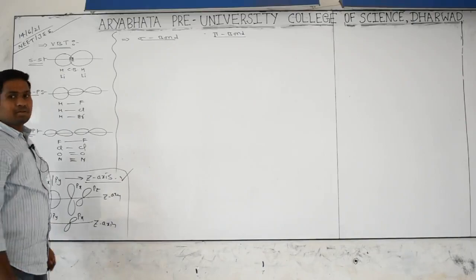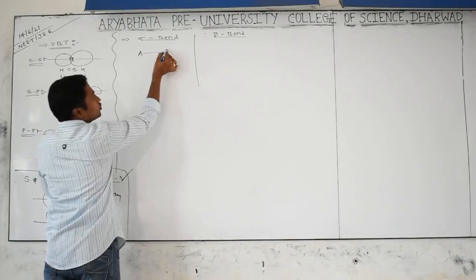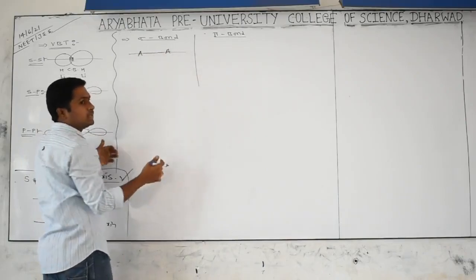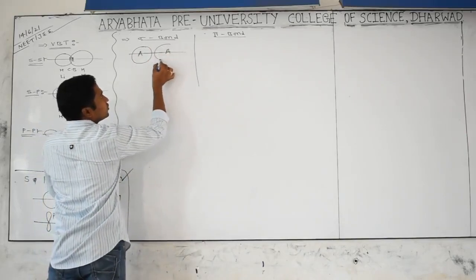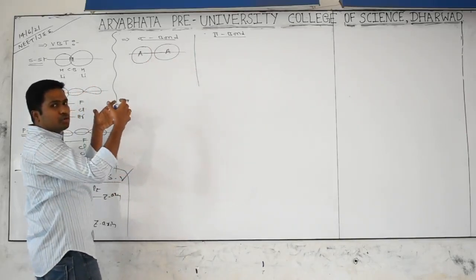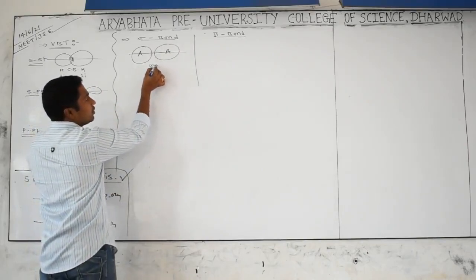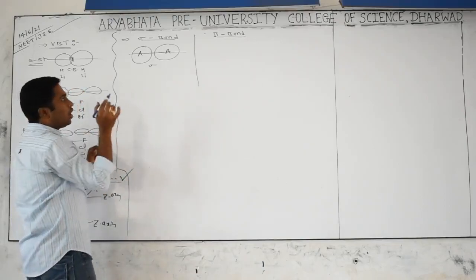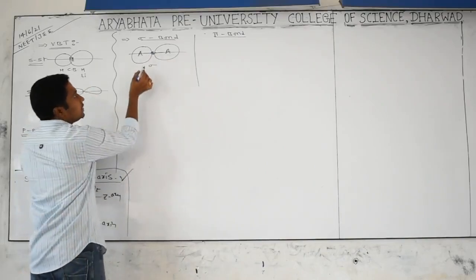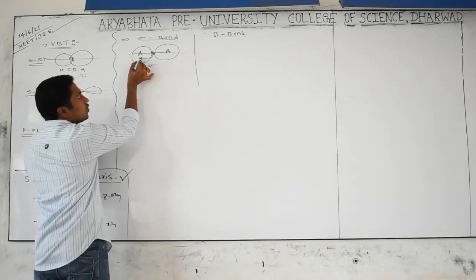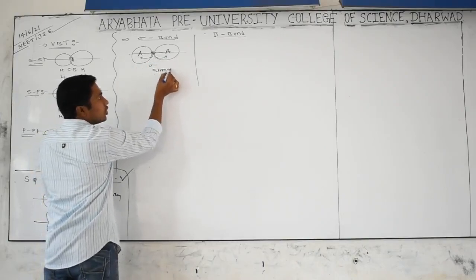A sigma bond is formed when two atoms approach together along the internuclear axis, through end-on, endwise or head-on overlapping. Then we get a sigma bond. It is also a covalent bond. After overlapping, the shared pair is located on the internuclear axis. The gap is small, so there is a strong force of attraction with the nucleus. That's why the sigma bond is called a strong bond.